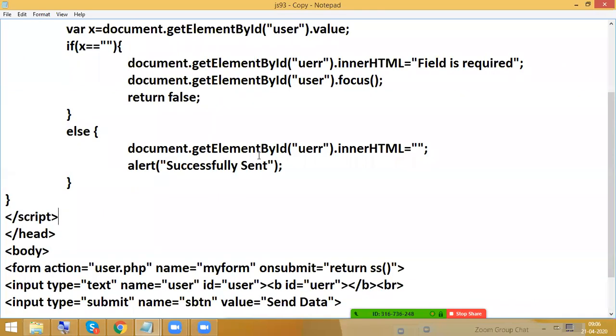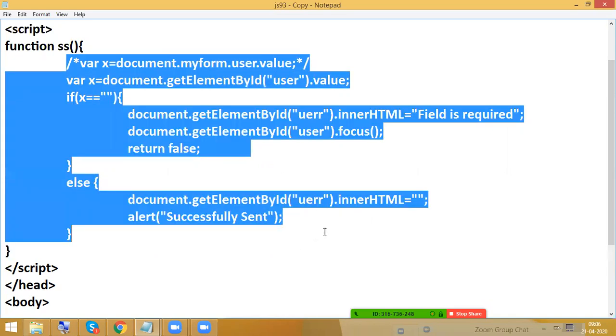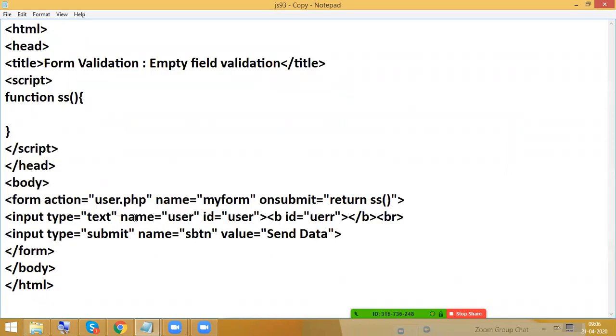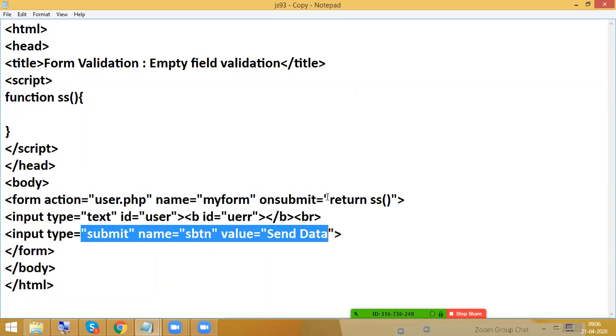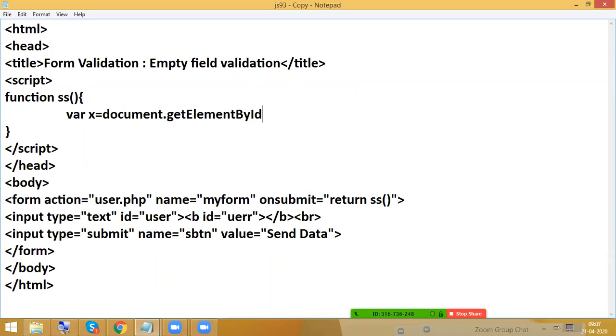I will go with ID. Whenever we click on the submit button, it triggers the onsubmit event, then it will call which function? The ss function. Variable x equal to document.getElementById, what is the ID name?